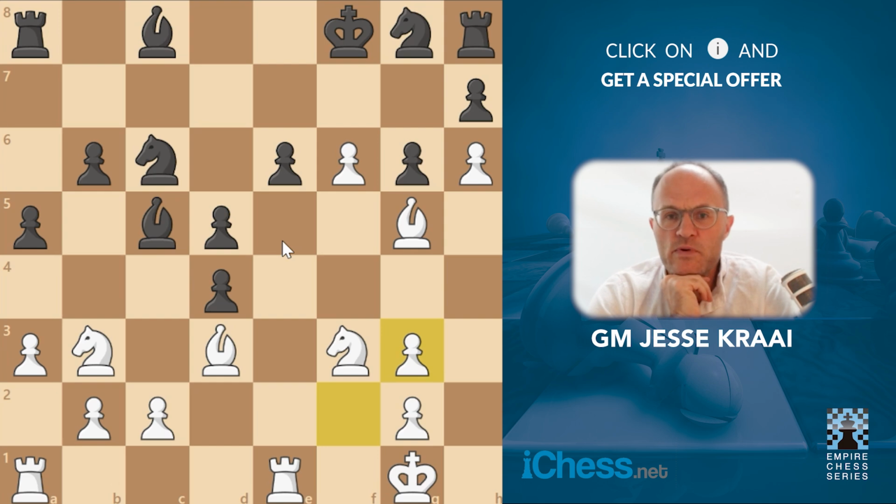So this is an important thing. Despite the fact that black trades the queens, what we are going to see is that the scrunch is still on. By the scrunch, I just mean the overwhelming attack that white has going on. And